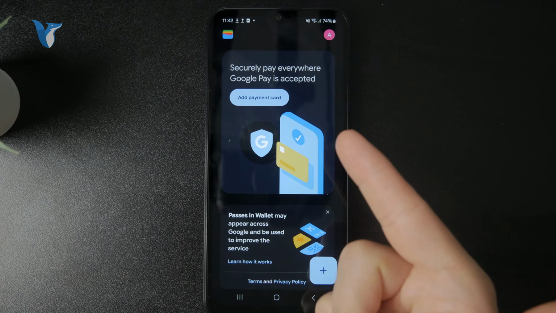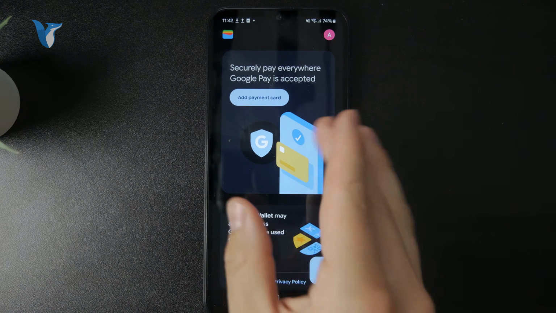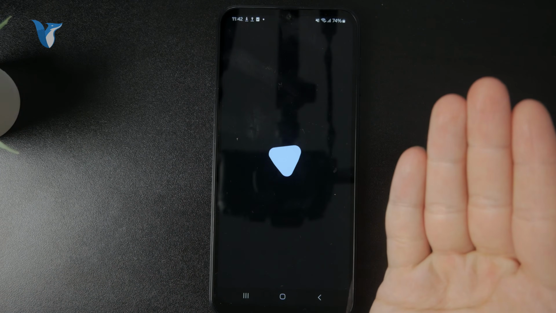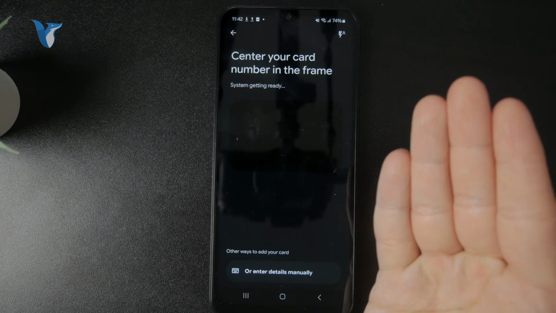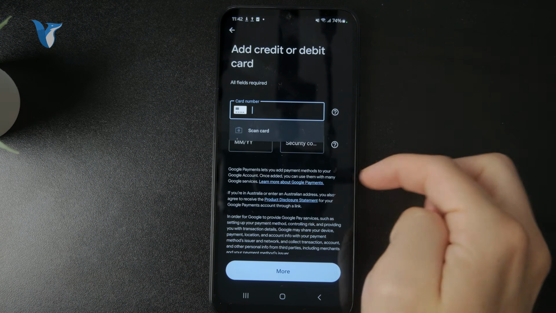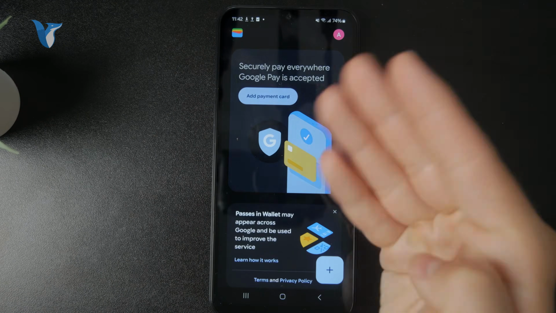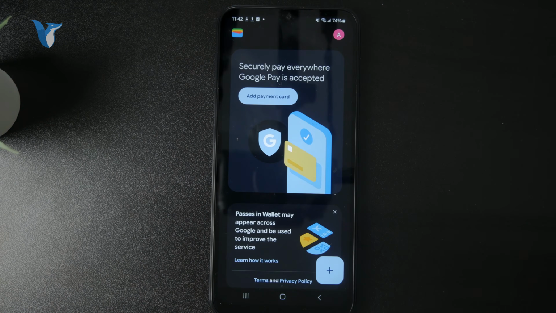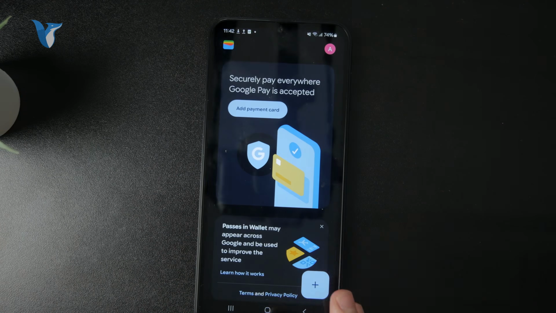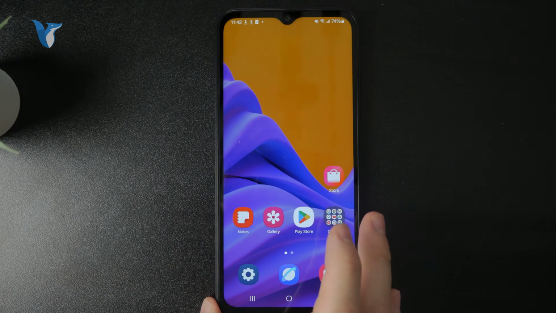So in practical terms, you would just get the Google Wallet from the Play Store. You can set up any card that you want, like any debit or credit card. You connect it in here and then run some verification through your bank and everything. And once you've added that payment card, you can use the NFC technology to tap the phone to the terminal and make a payment. So I would say that this is the most common use case for this, but outside